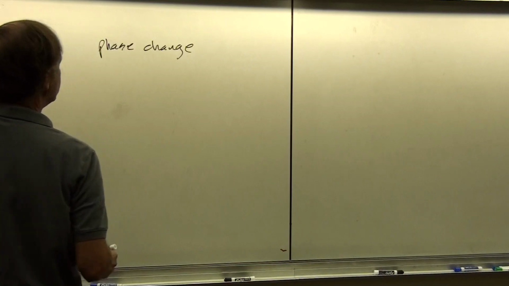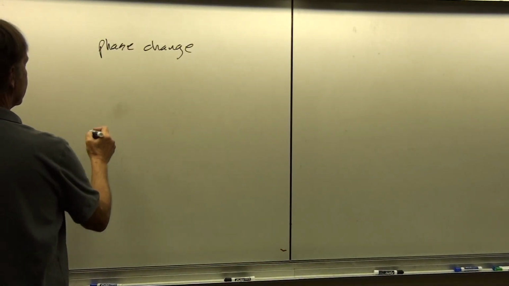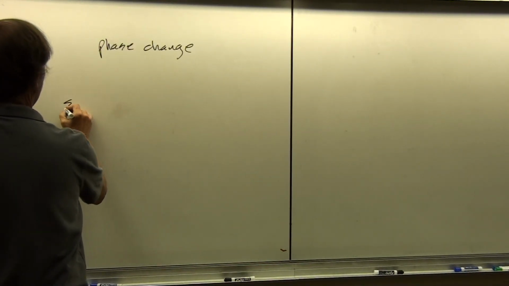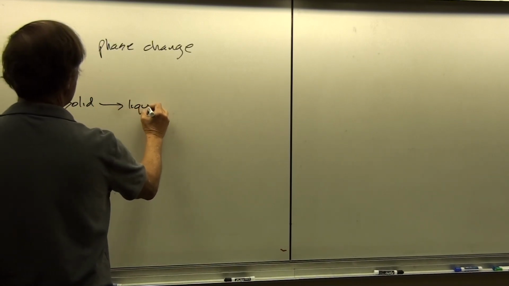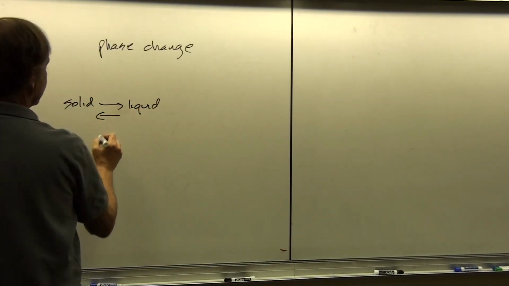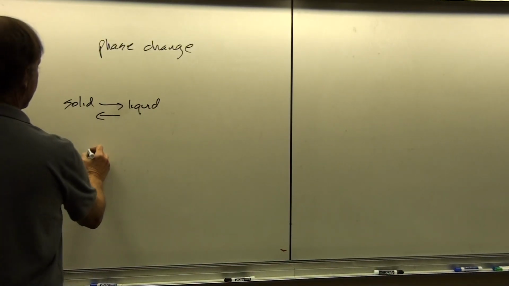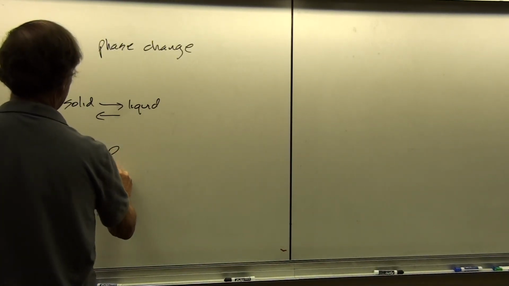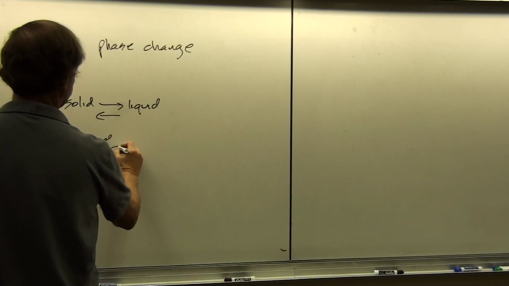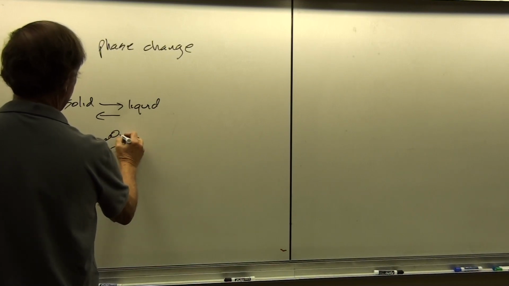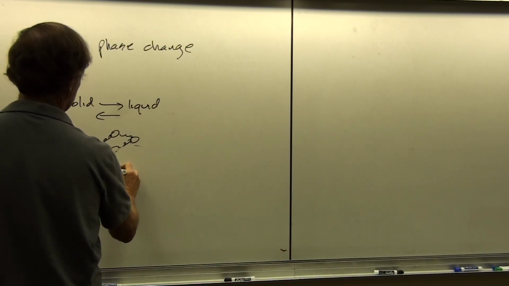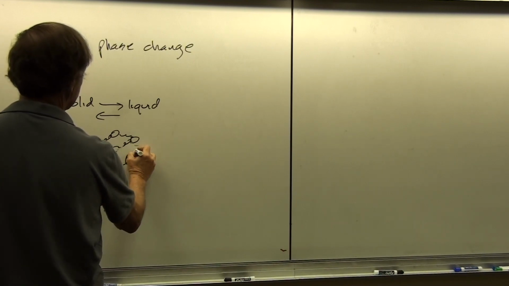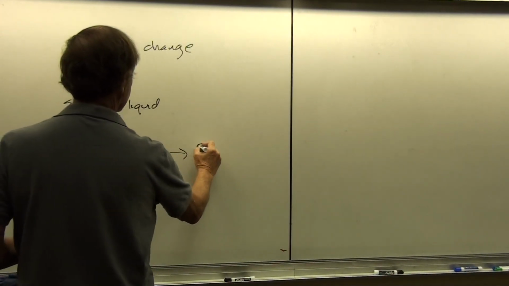We've got two principal kinds of phase changes we'll be looking at here. We have solid to liquid, or equivalently liquid to solid. So if we have something that's in a solid state, and we break apart those bonds by adding heat to the system, we can turn it into a liquid.